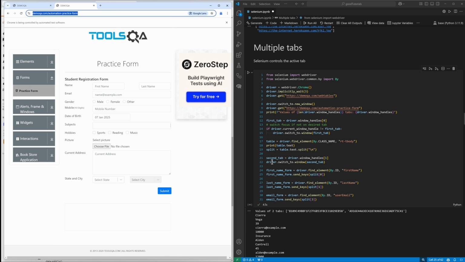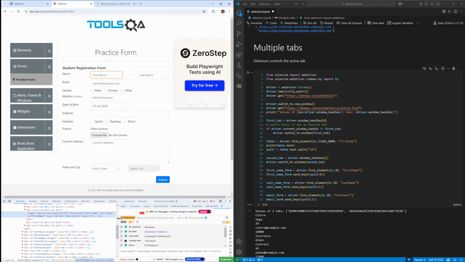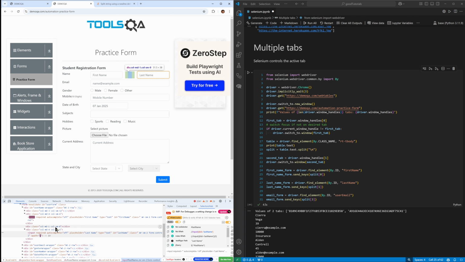Next, we go over here, and then we want to find out where our elements are, the form elements. And that is relatively easy. So all you do is you click this, make sure you have selector sub. Actually, you don't even need it. You click on it, and you can see the ID is first name. The ID of last name is right there. And the ID of this email is